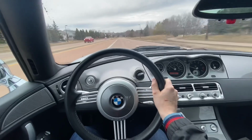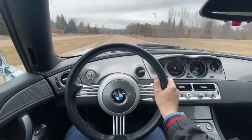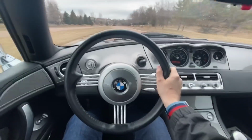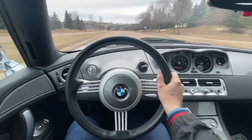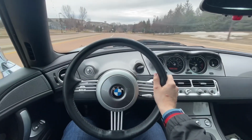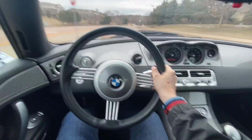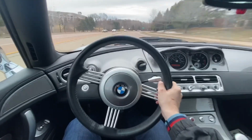Somebody may have put dustless pads in this just to try to keep the wheels nicer at some point. I'm not sure if those are stock, but a much bitier set of Techstar pads out of an M5 would fit better in this car, I think, with the Alpina. And I believe it shares the brakes with the M5, but I'm not entirely sure on that. A conflicted car, but